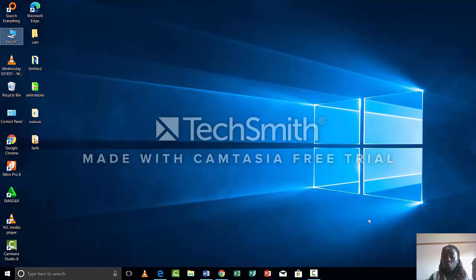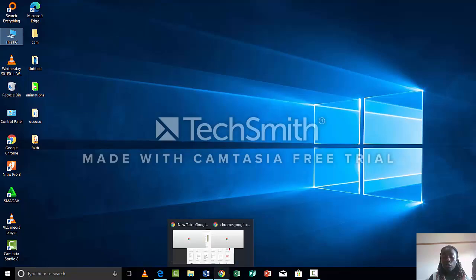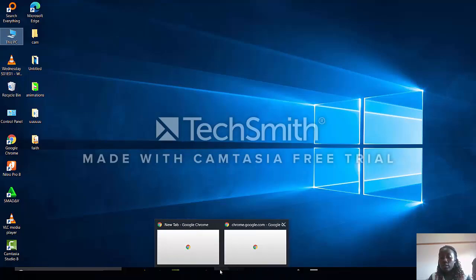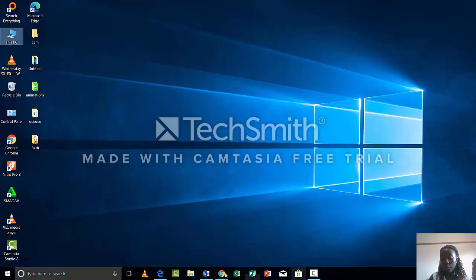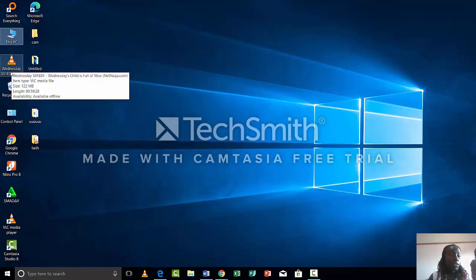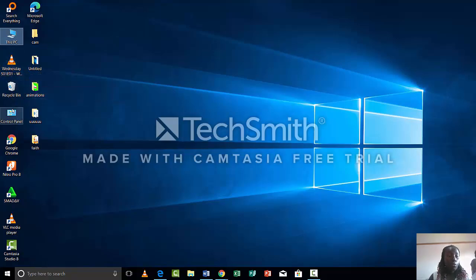Then we talked about the toolbar, where all these applications are, where there is VLC, there is Explorer, there is Camtasia, there is File Explorer, then there is Word, there is Chrome. Actually all these files that are down are found on the taskbar. Even the start button is found on the taskbar. Now we are going to talk also about the folders. The folders are found, for example, recycle bin, control panel, all these